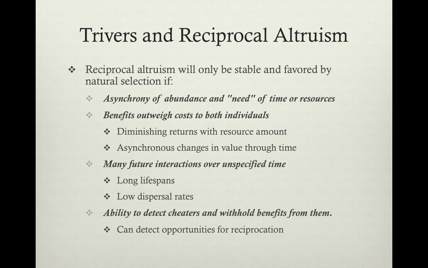The fourth criterion here is this ability to detect cheaters and withhold benefits from them. One of the reasons why songbirds haven't been able to detect the eggs of the species that parasitize them, like the brown-headed cowbirds and the cuckoos, is because they're not doing this because of mutualism or because of reciprocity. They're being manipulated by the recipient of that benefit. They're being manipulated by the species that parasitize them. And so, with this ability to detect cheaters, with this ability to withhold benefits from them, we can also detect